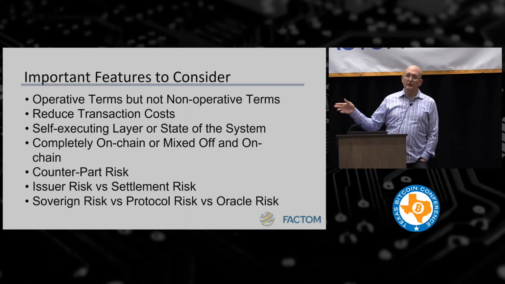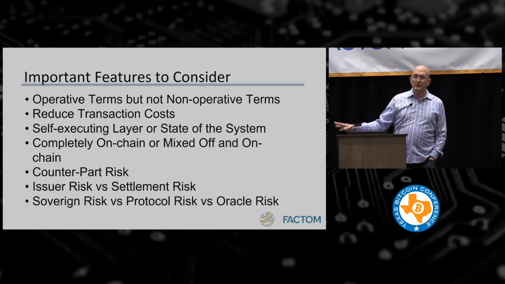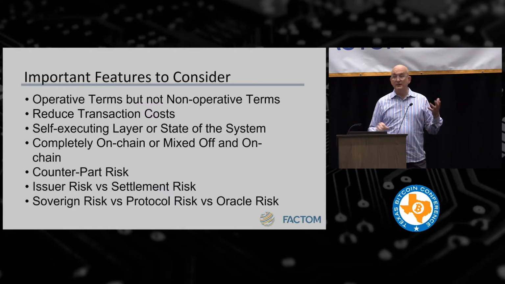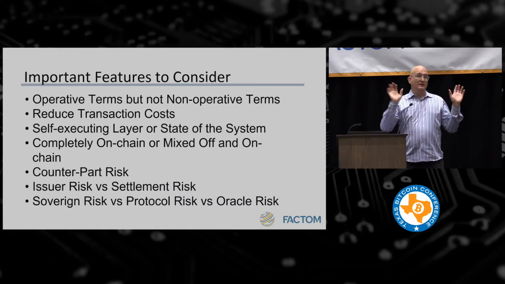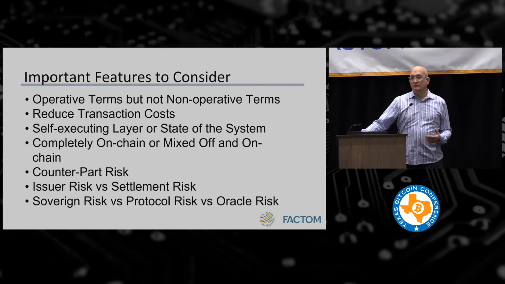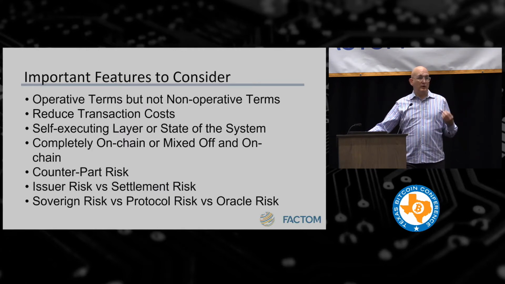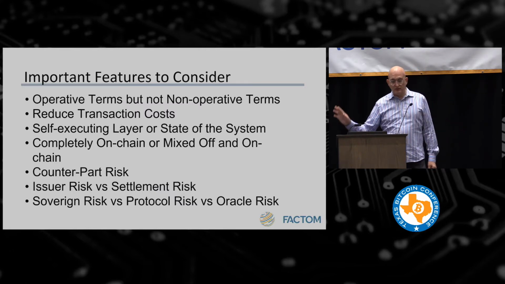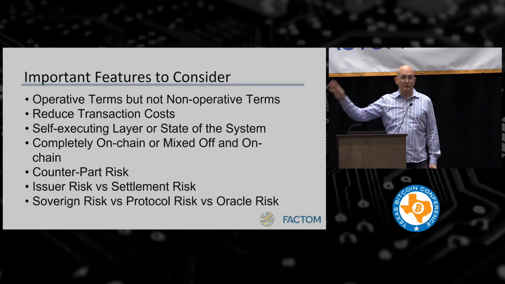The self-executing layer versus the state of the system. A lot of people think of self-executing layers like Ethereum: basically, you set it all up, and then it's the old set it and forget it. You don't have to go back and touch it. But any contract, whether it's all off-chain or on-chain, is really the state of the system at any one point. And we're getting better tools, we're getting better realization. Self-executing is not a bad thing, but it's not the only thing. I think the industry is going to continue to wrestle with this, and we're going to come up with best of breed.